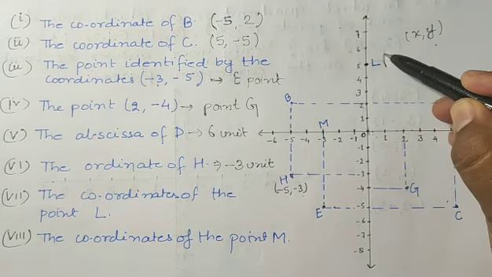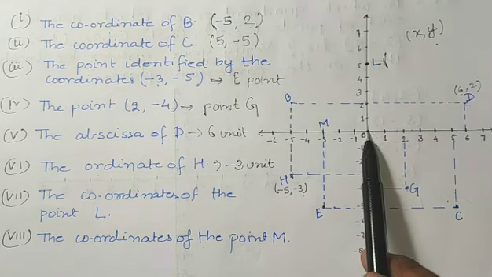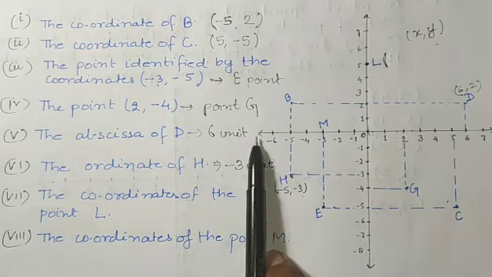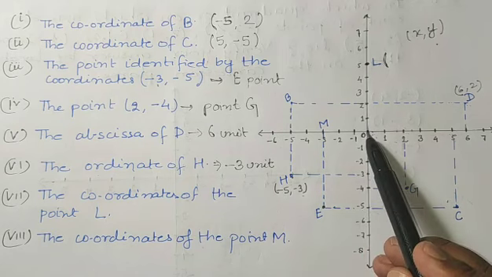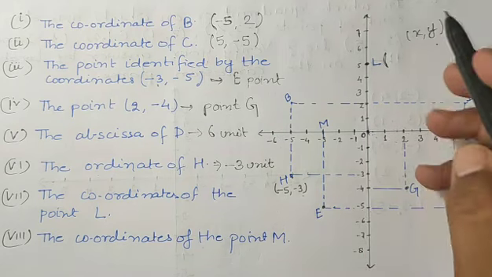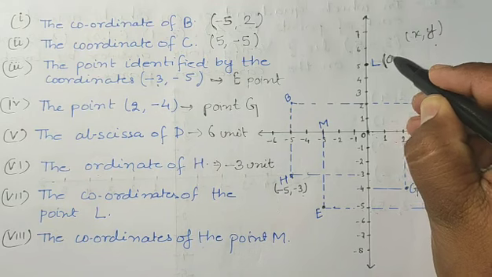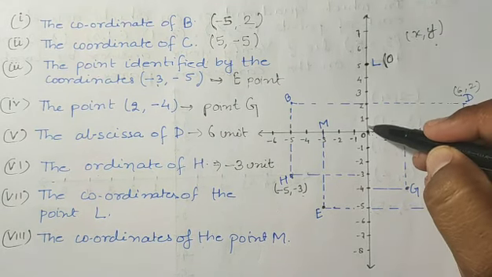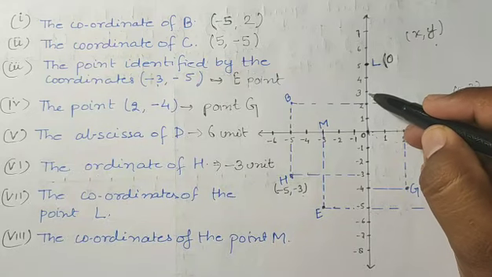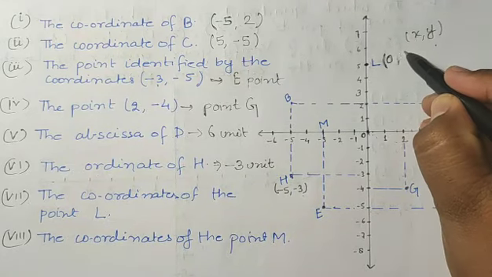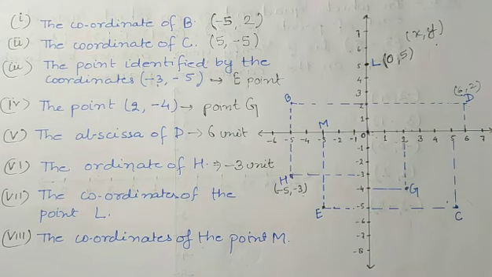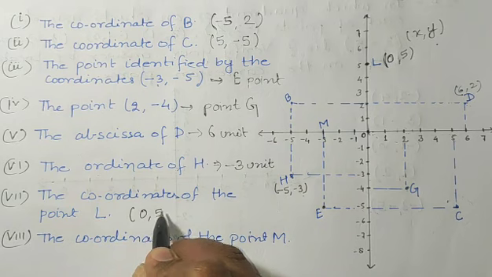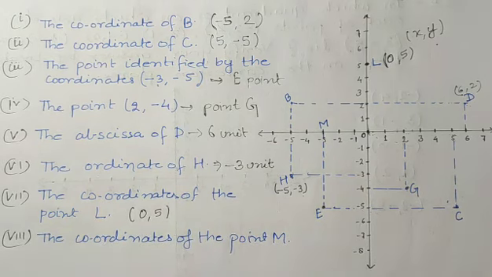it has not traveled anywhere, means neither on the positive direction nor in the negative direction, means it is at this position, so abscissa will be 0. Okay, and what about ordinate? So towards y direction it has traveled 5 unit, so the coordinate of L is what? 0, 5. Okay, it is very important to understand this point, students.